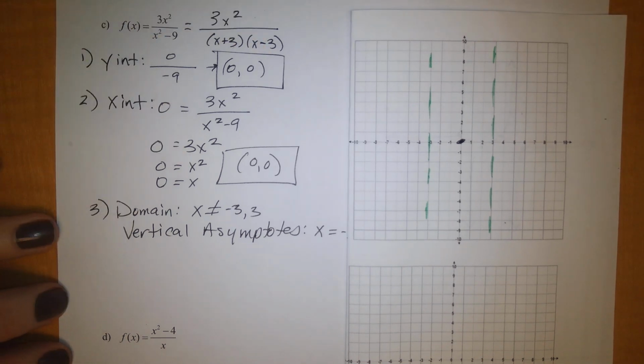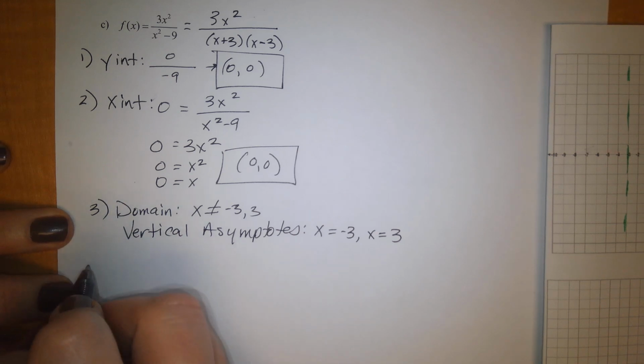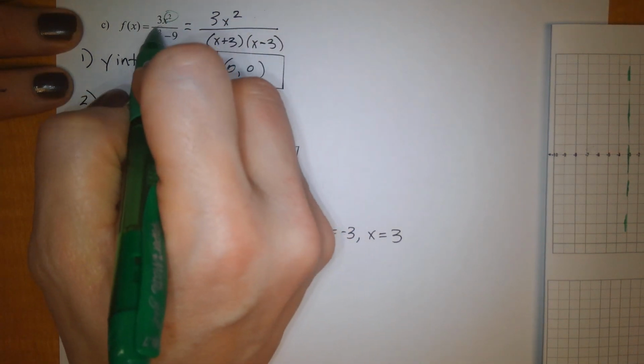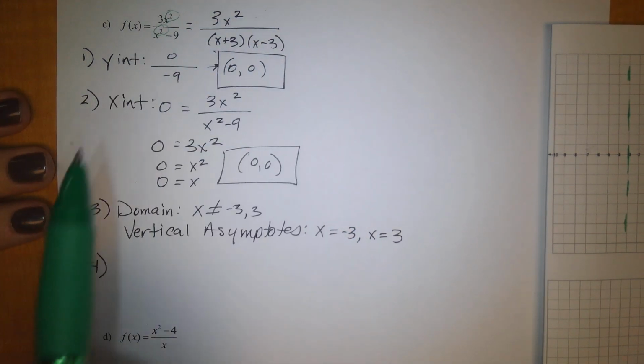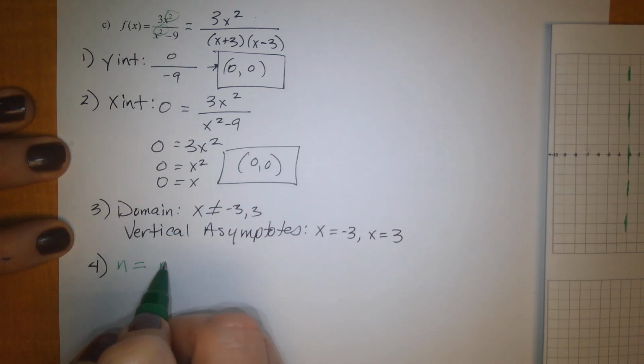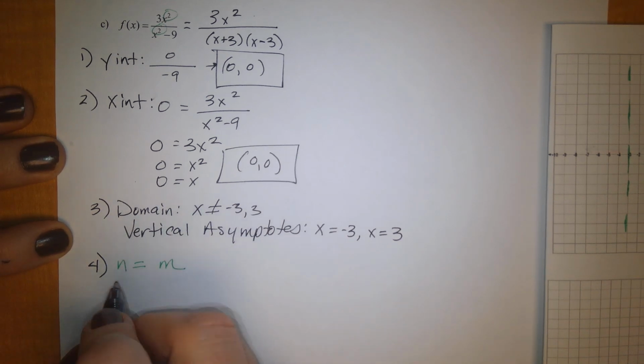The next thing we're going to do is find any other asymptotes. Is there a horizontal or possibly an oblique? In order to determine that, we look at the degree of the numerator and the denominator. You'll see that the degree of the numerator is equal to the degree of the denominator. Since they are equal, that means I will have a horizontal asymptote